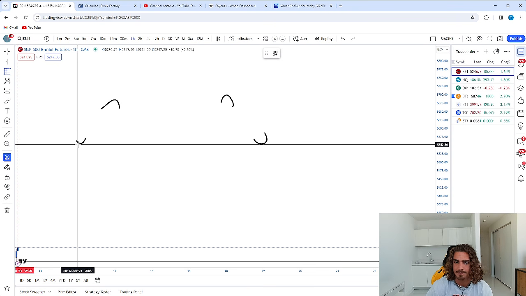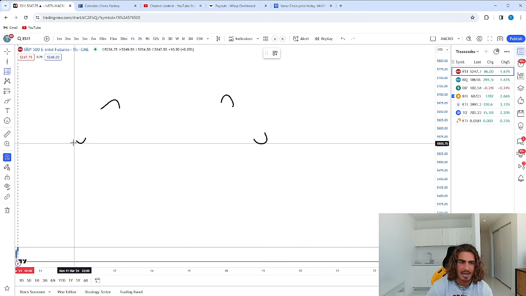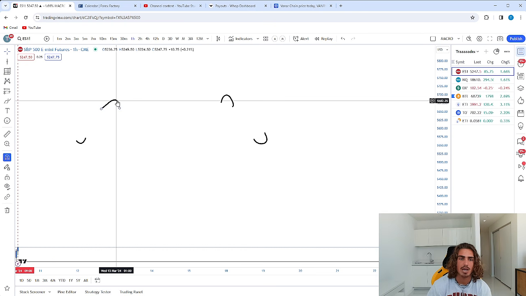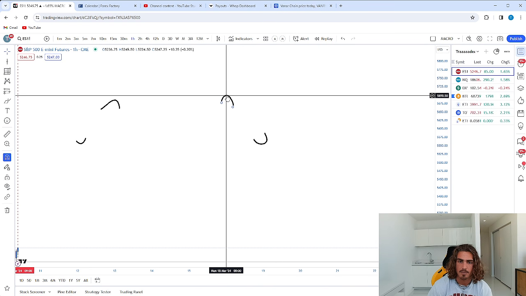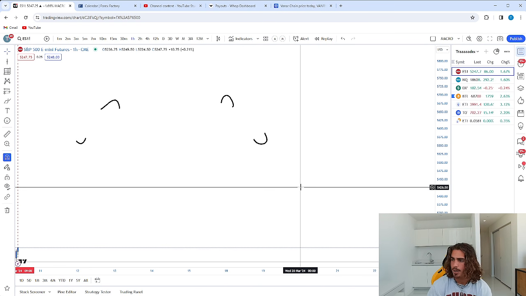Moving forward, we identify it from a swing low to a swing high within an uptrend. Within a downtrend, we take it from the swing high down to the swing low. And you're probably asking,